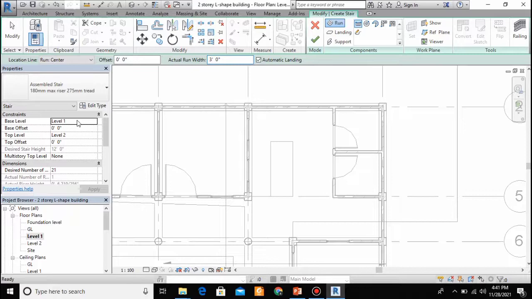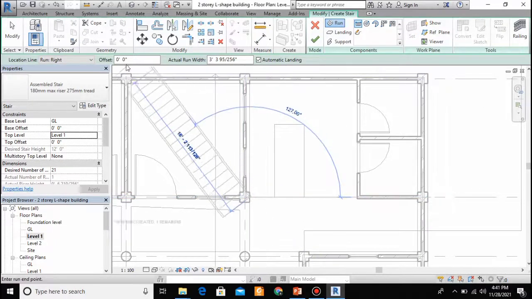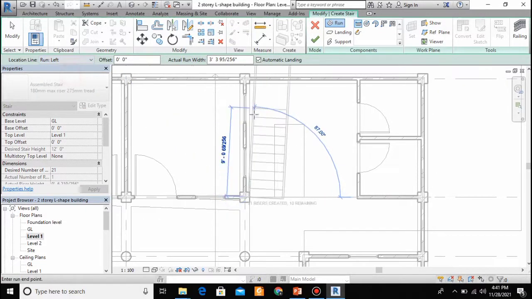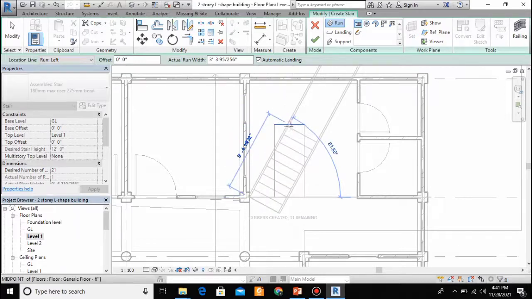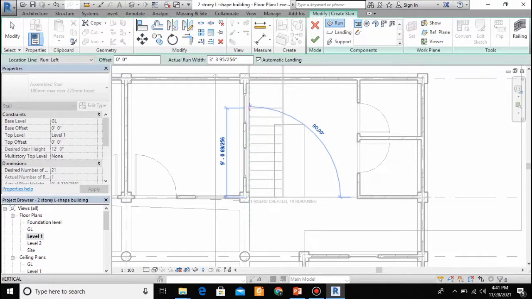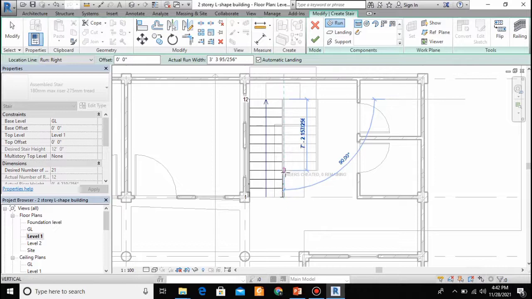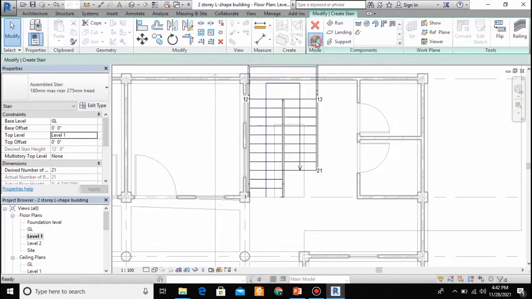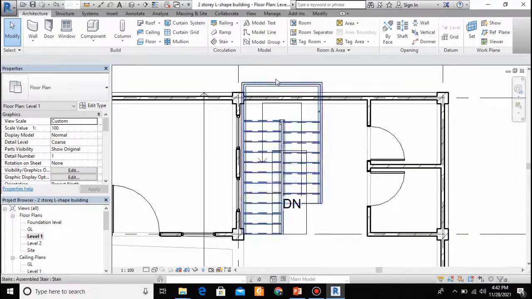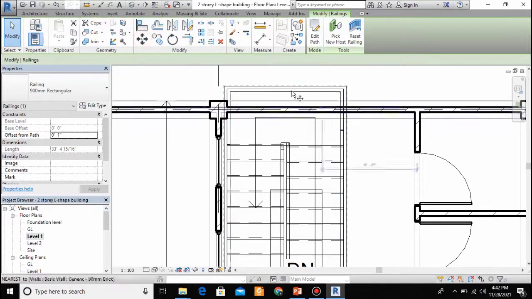Set the width of your stair here, so I am selecting 3 feet, and my base level is ground level, and the top level is level 1, and hit apply. And here select from the right, so it will be aligned to the right of this, sorry, select left, so it will be added here. Move up to this point, let's make it one more step, and now start the stair in the other direction. So half of the steps will run in this direction and then in this. So up to this point it has reached level 1, and this part is outside of the structure, so move it inside,